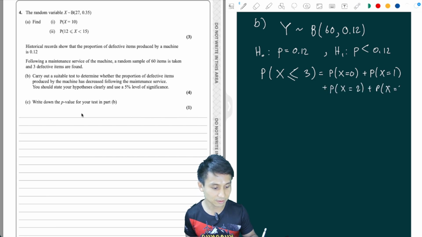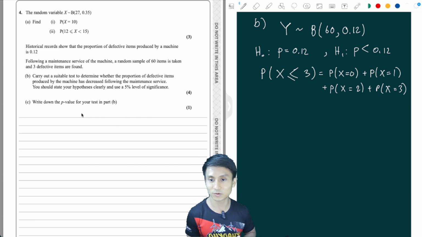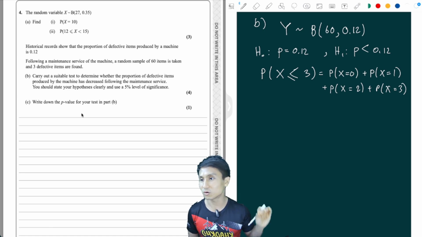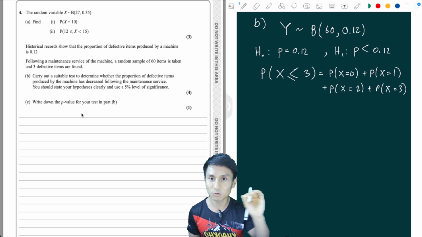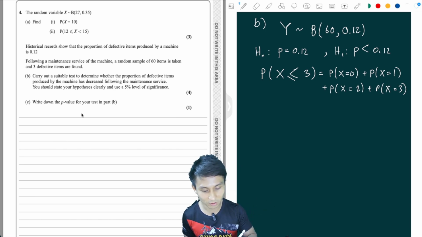Just like that. Just 4 of them, that's fine. I mean, I can handle that. So we're going to do the same. After we find the probability of X less than or equal to 3, we're going to compare that to the level of significance given there as 5%. And then we're going to determine whether there is enough evidence to blah, blah, blah, right? That's the pattern there. Okay, so this will be equal to,